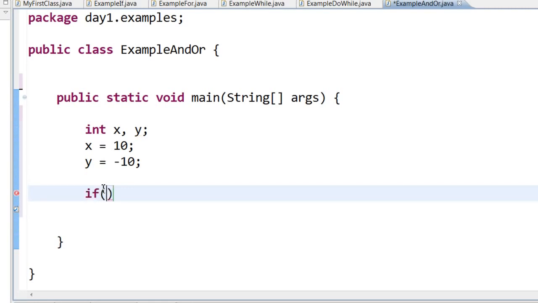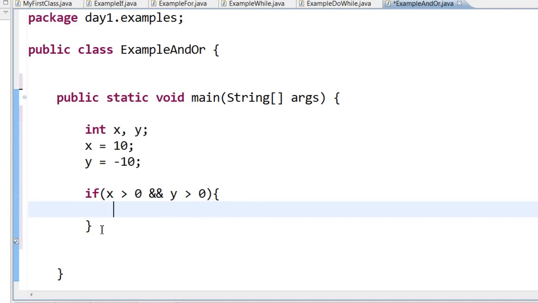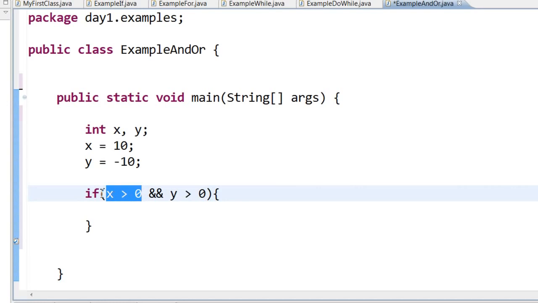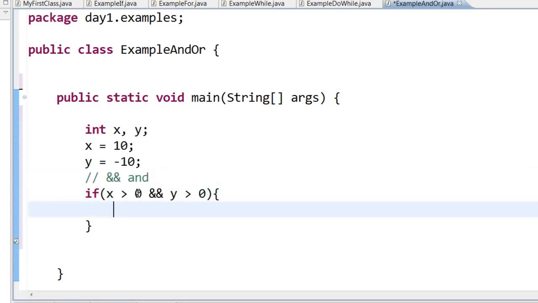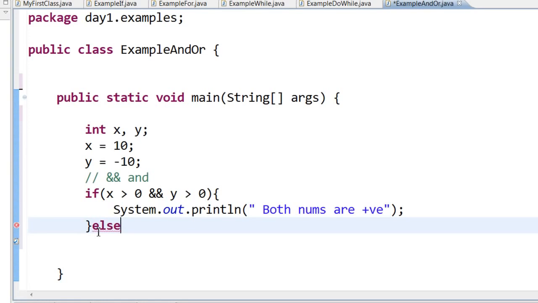The way to do it is if x greater than 0 and y greater than 0, curly brace and close curly brace. So the way you read it is x greater than 0, and these two ampersand signs are referred to as AND. If x is greater than 0 and y is greater than 0, then print both numbers are positive. Else,